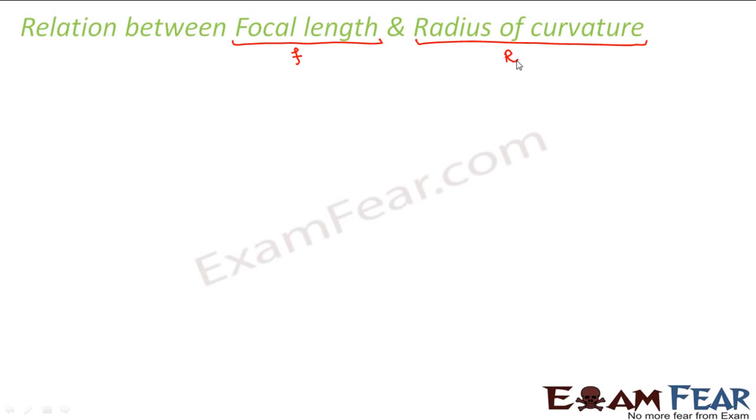So what is this radius of curvature? For example, let me consider the concave mirror. This is the concave mirror. Let us suppose this is the pole. Let us say this is my principal focus and this is the center of curvature. So that means this distance is the radius of curvature and this distance is the focal length. We want to find out a relationship between this focal length and this radius of curvature, right? You got a better idea now of what we are trying to do?